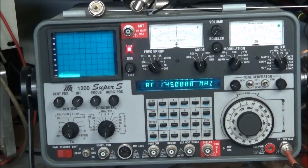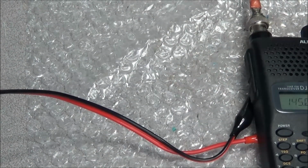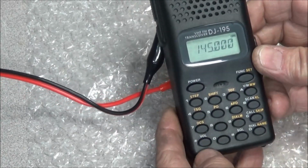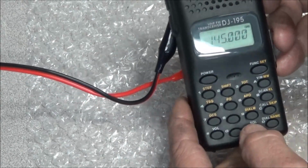Now that's with my attenuator set at its lowest setting, and the squelch is on. And I think Bill said he won't hear nothing on receive, and that was the reason for that. The volume and the squelch are a little bit funky on this thing. To set the volume, hit volume and then turn the control up here. Same thing with squelch. Hit squelch,